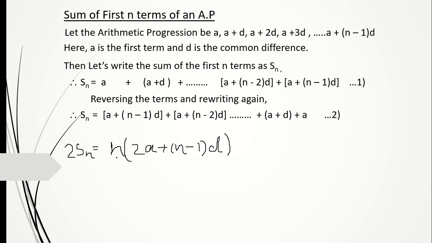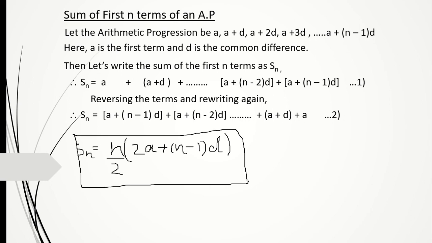Now this 2 we bring this side. When you bring the 2 this side, it was multiplied over there, so it will become division over here. So Sn is equal to n by 2 in the bracket 2a plus n minus 1 d. This is the formula we got to find out the sum of n terms. If you cannot understand the derivation, just leave it. Then you have to just remember the formula. And if you know the Tn formula, it is easy to remember this formula.